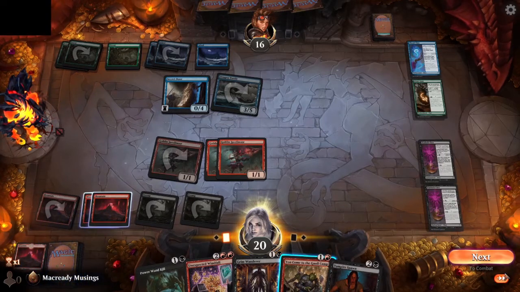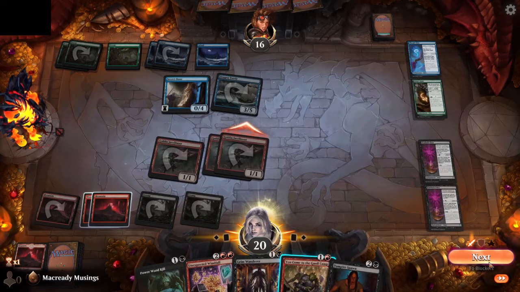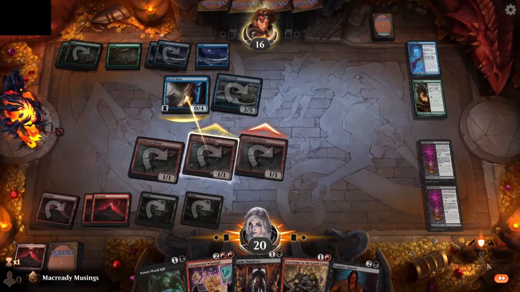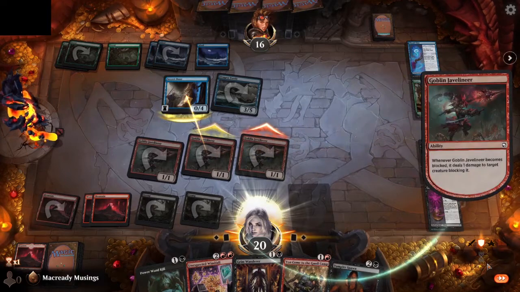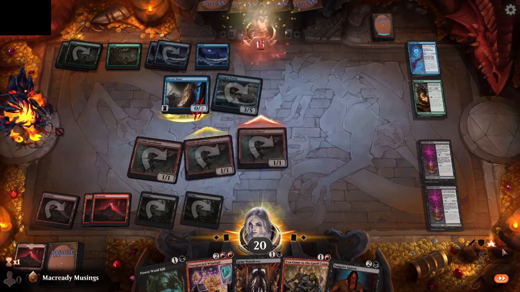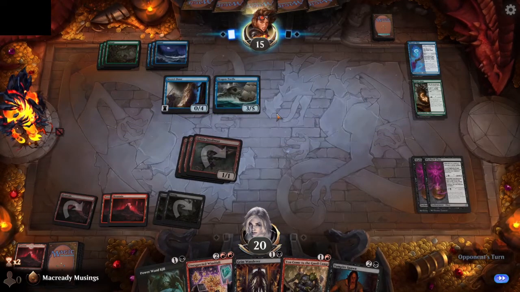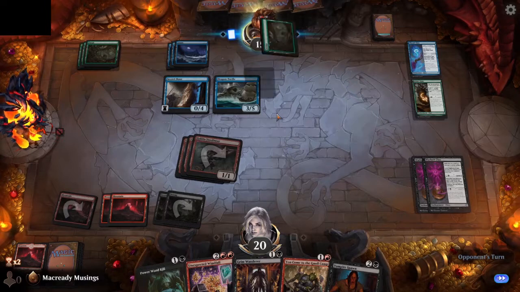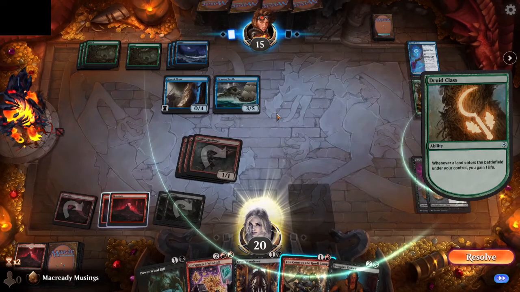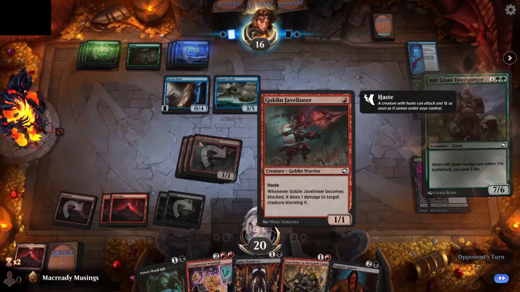And then yeah, no, my Javelineer can only get the kill if it's attacking into the Dragon Turtle. But unfortunately, this whole quote-unquote plan does rely on them leaving their Dragon Turtle up to block, which they may not do. They might just go and attack me with it. But I think they probably should, considering that if I block them with a Javelineer...